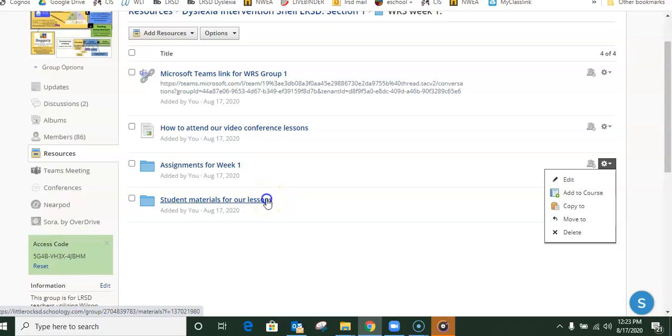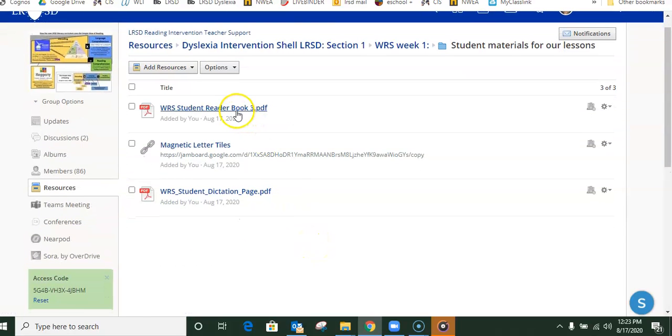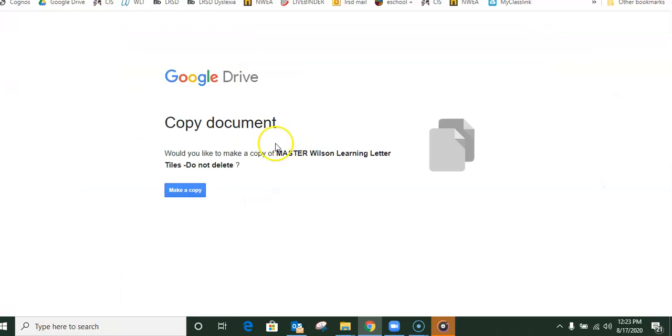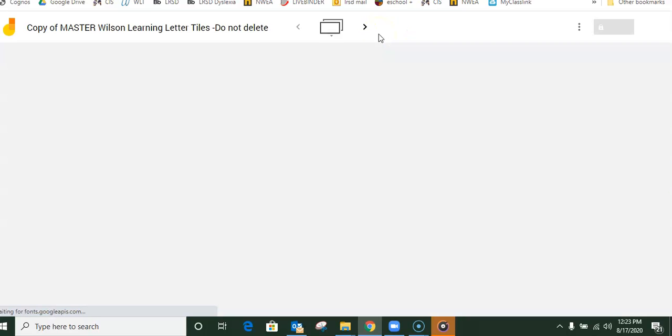And then I also have this folder that's just got all the student materials that they might need for this lesson. So my student's on book 3, so I have the reader linked right here. And then I have the magnetic letter tile Jamboard that's going to make him a copy every time we click on it. I really want to find a better way to do this, but right now this is kind of